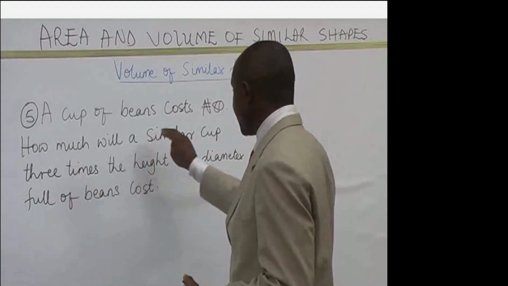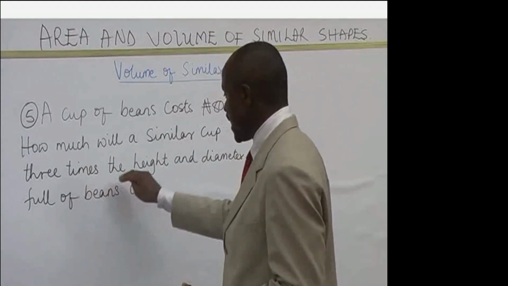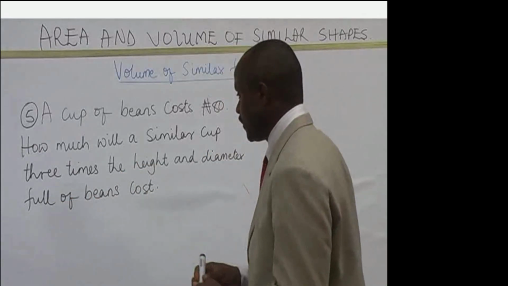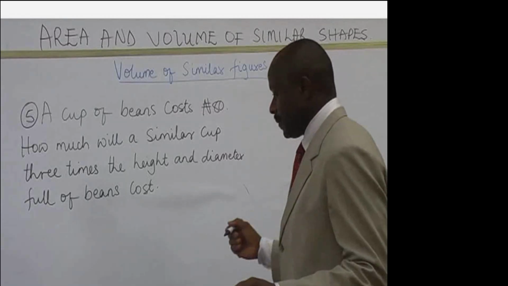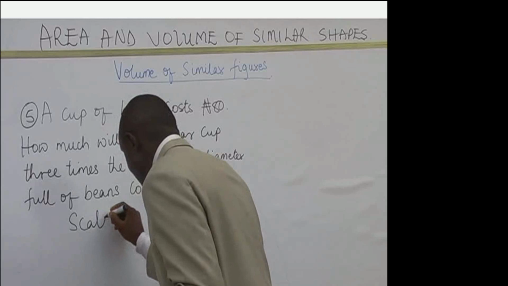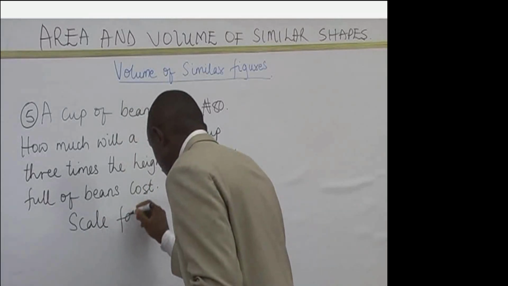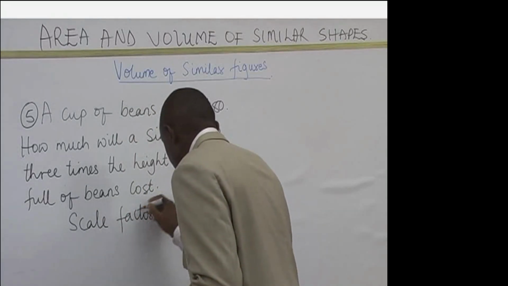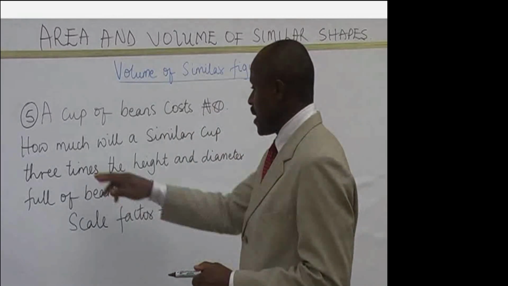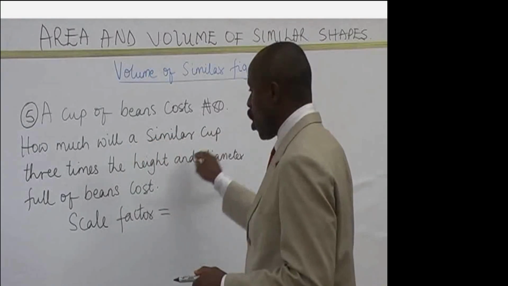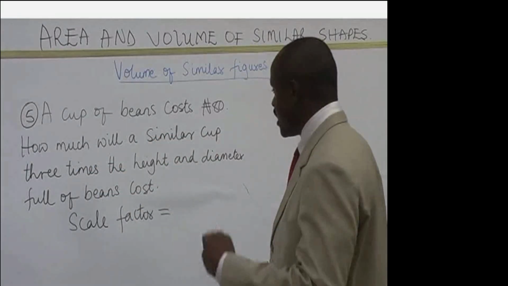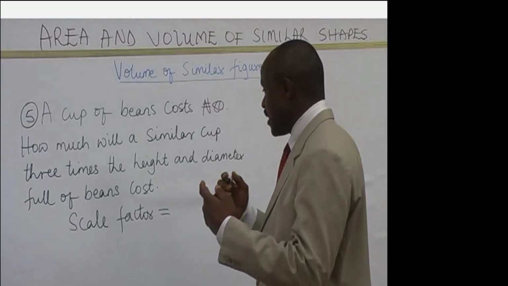A cup of beans costs 8 naira. How much will a similar cup 3 times the height and diameter full of beans cost? The scale factor here lies inside the sentences. I'm going to help you extract it. How much will a similar cup 3 times? That means if the